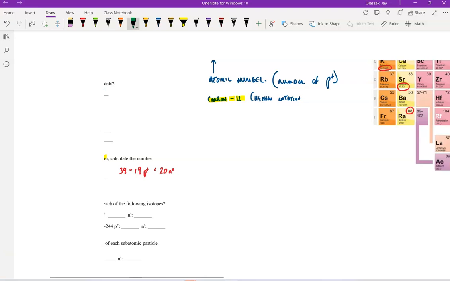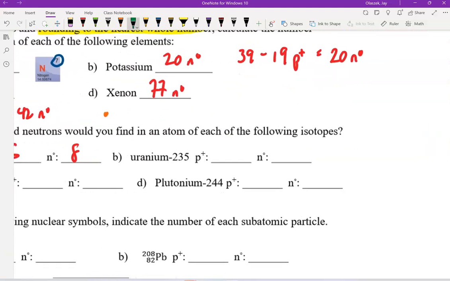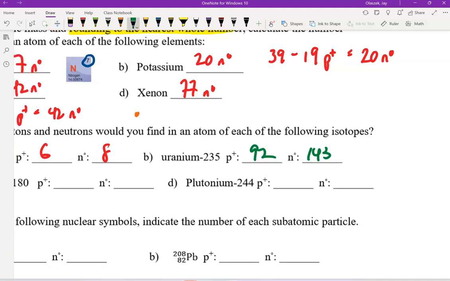So if we're trying to find the number of neutrons from uranium-235, and we know we have 92 protons, all we have to do is subtract the number of protons from the atomic mass, which we said was 92, and we get 143. All we're doing, ladies and gentlemen,